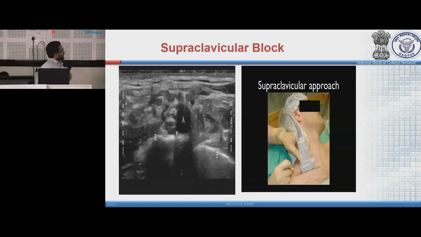This is an ultrasound guided technique, in-plane technique. Place the probe transversely, parallel to the clavicle. This is the sono anatomy. This is the subclavian artery. This is the brachial plexus. This is the first rib. This is the pleura. This is lateral. This is medial. So the needle path should be from this point to here. Deposit the drug here. 20 ml is sufficient for supraclavicular block.